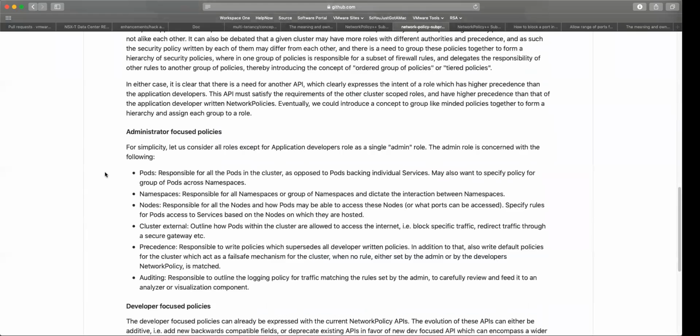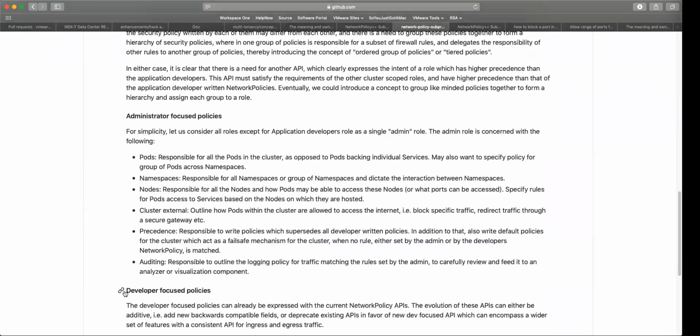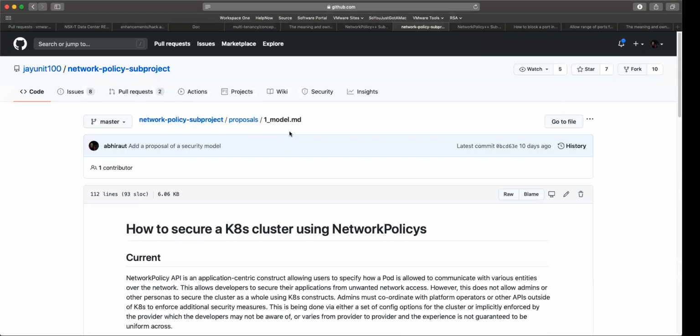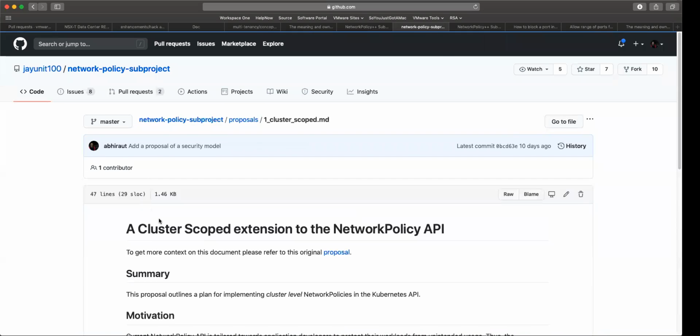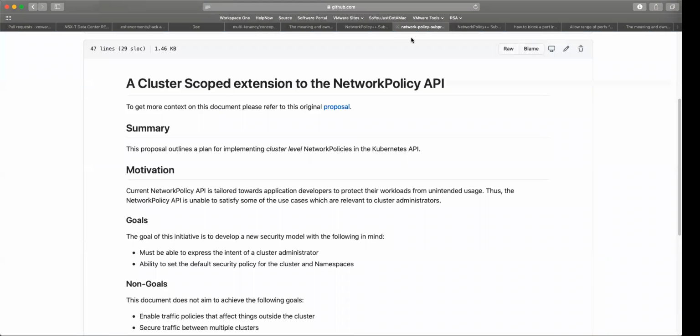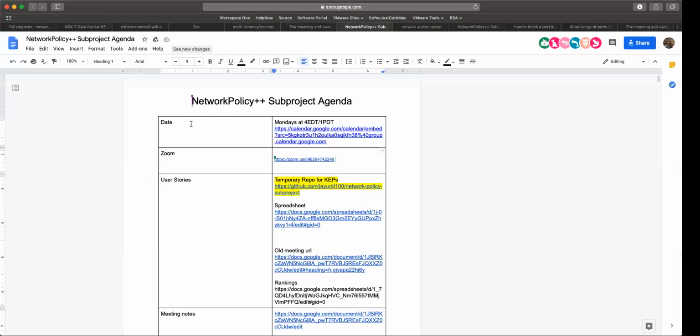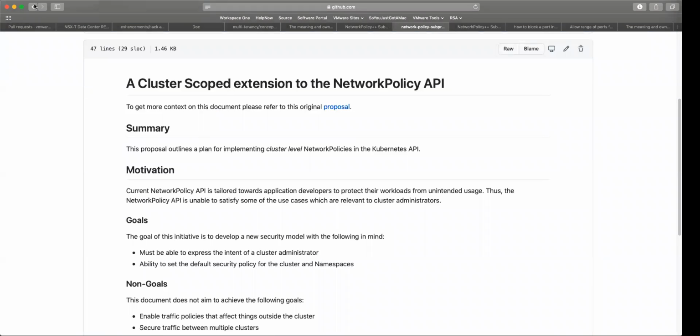It kind of goes into the two, like an administrator-focused and a developer-focused policies. And then within that, I was intending to add, for the cluster scope, this kind of maps to the issue that we have for the cluster network policy, which we all agree on.